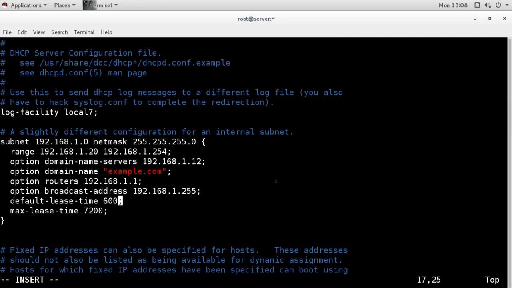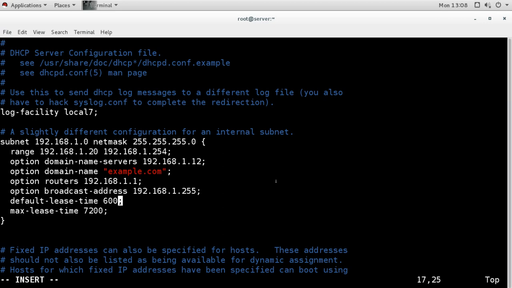So this thing should not happen. For that we have maximum lease time also. So after 600, every client, every host tries to connect to the DHCP server to get the IP address, and in case the server is not available, they will not remove the IP address until the maximum lease time. Maximum lease time is 7200 seconds, and for that time it will keep the IP address and keep trying the server to get the IP address. It will keep trying to connect to the server till 7200 seconds, and after that, even if the server is not available, then it will remove the IP address.